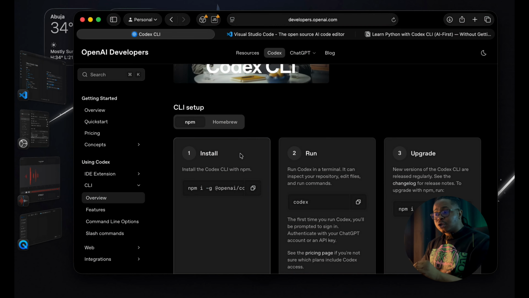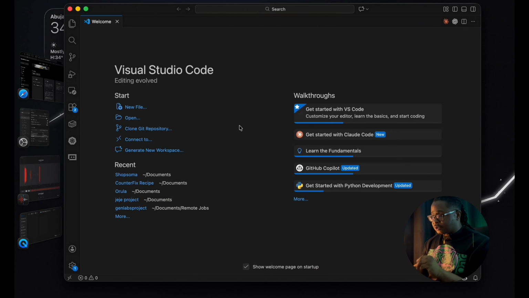So installing Codex is as simple as possible. Let's start by going back to VS Code. Heading back to VS Code here, as you can see, anytime you open VS Code for the first time, you're going to be greeted with this window. This window right here is the first thing you're going to see in your VS Code. Don't be scared about it. Don't worry, you're going to master it little by little. The main aim of this channel is to teach you how to run these steps as easily as possible, and you can keep growing from there.